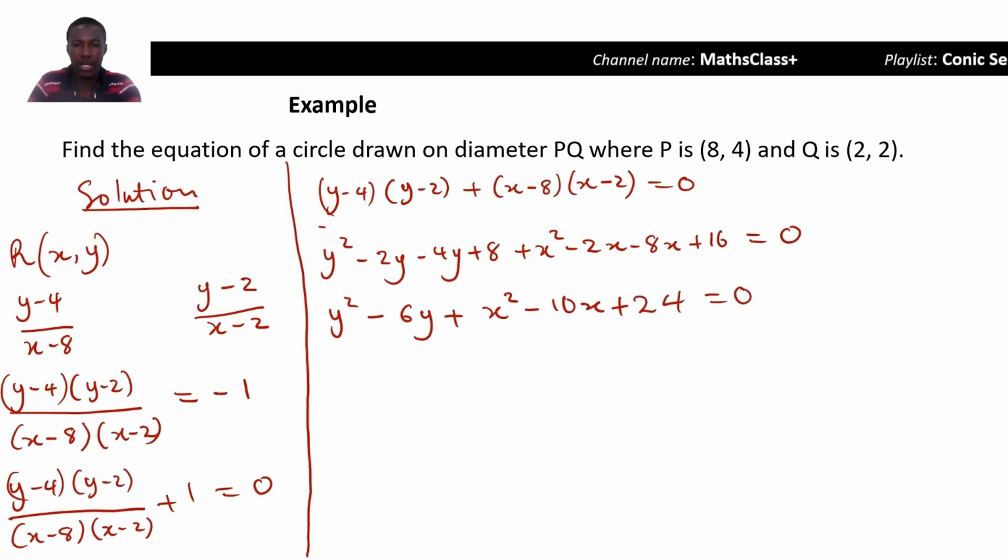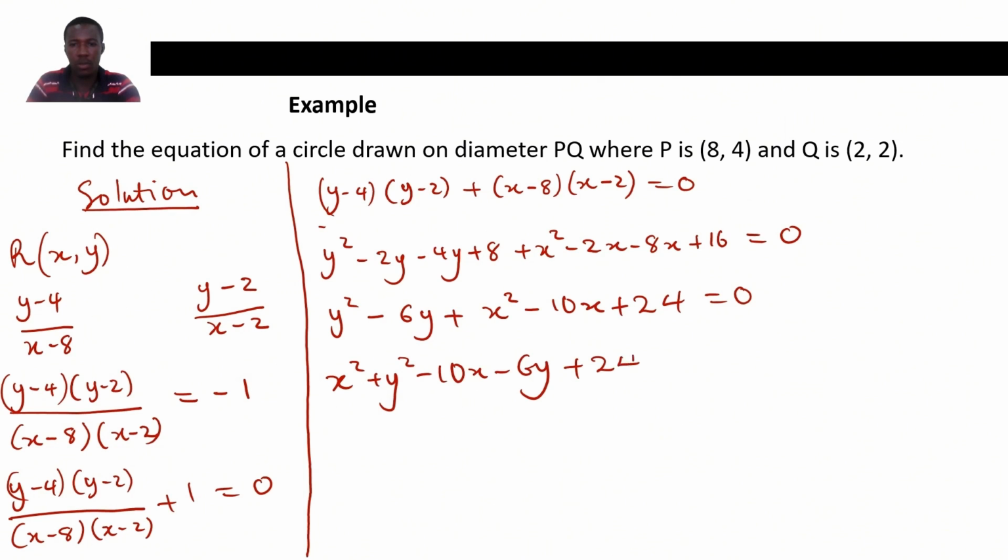And I will rearrange them as x squared plus y squared minus 10x minus 6y plus 24 is equal to 0 as the equation of the circle I seek to find. Then the other method,